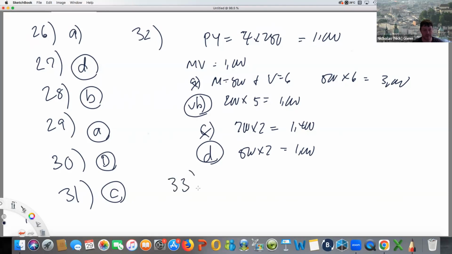All right, 33. The cost associated with the firm changing the price of the goods is known as, well, this is the menu cost. You call that because, like, if you have a menu, you have to change the prices on it, and it's costly to do that. It could be like changing the stickers on the price of the good, or going in and changing it on the website that you're advertising your goods. It could be many different ways you change the prices, but there's always a cost associated with that. And that's known as a menu cost.